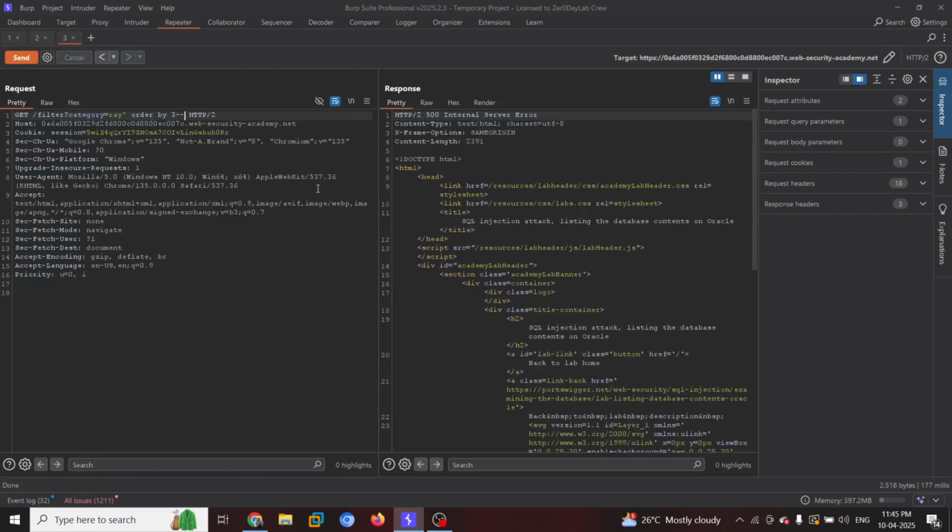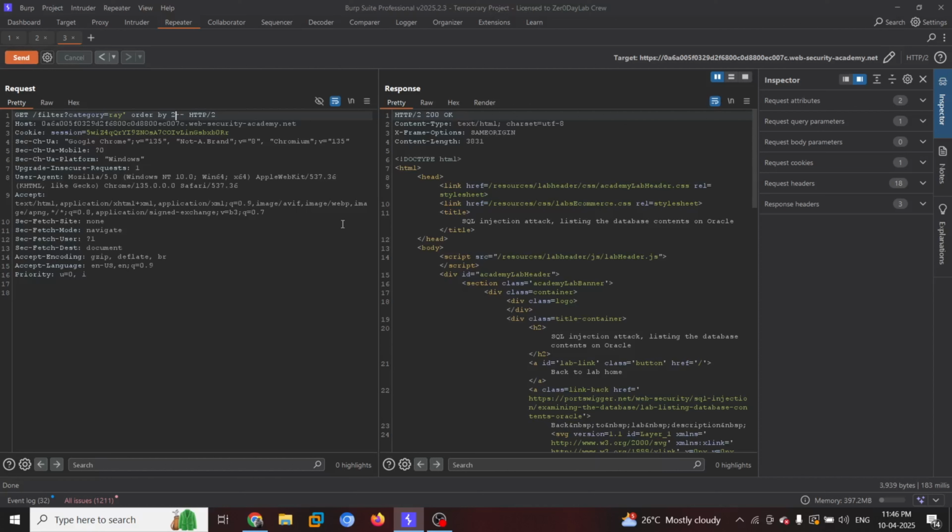Once I send this, it is giving us a 500 internal server error, which means the application may not have 3 columns. So I'll reduce it to 2, and if I send it, there you go. We now have a 200 OK, which means the application has 2 columns.